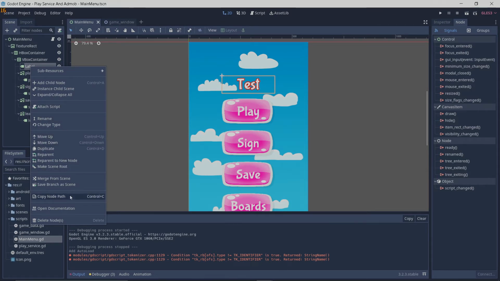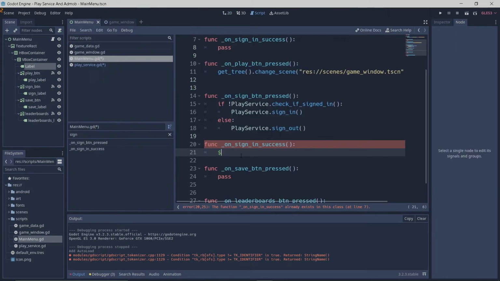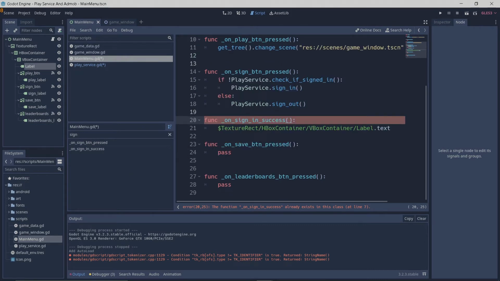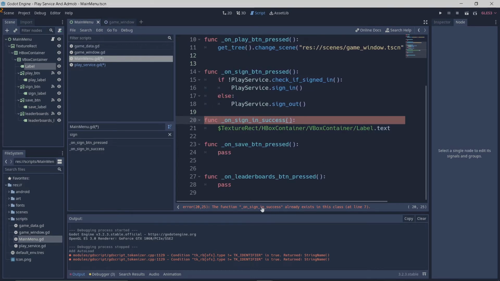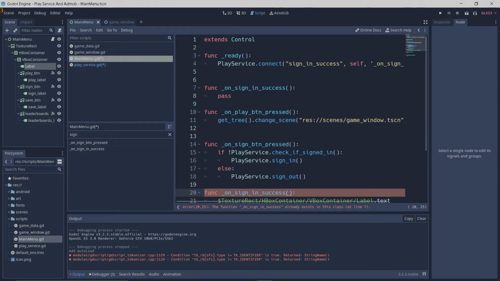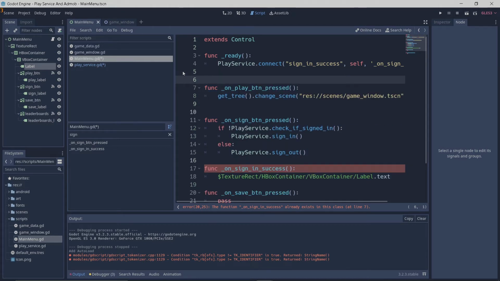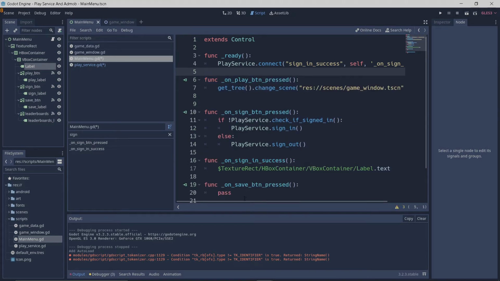So copy node path. Okay, wait a minute, at line 7. Okay, yeah, so this function already exists. I was doing some testing before this, so maybe I would have created this and forgot to erase it. So yeah, on sign in success,